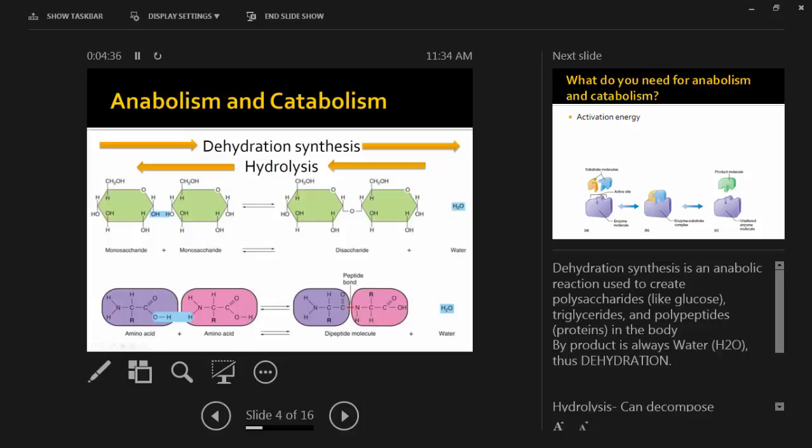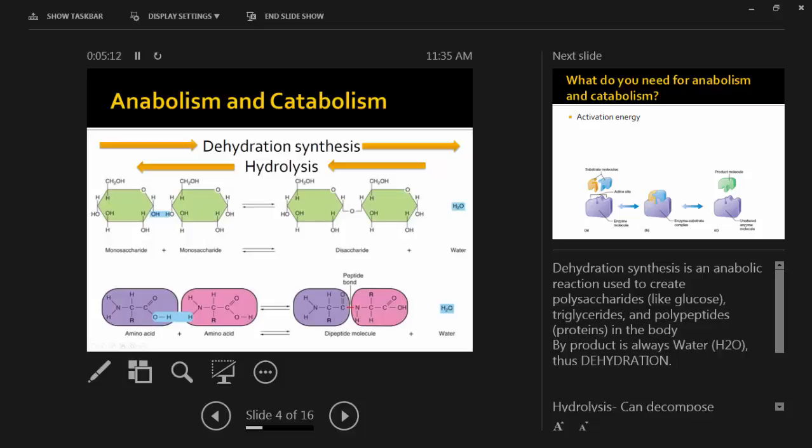So it's called dehydration synthesis because this type of reaction, which is just one example of an anabolic reaction, always has water as a byproduct. Okay, so you give off a molecule of water as a byproduct when you go through dehydration synthesis. Hydrolysis is the other direction. So you take this disaccharide, add water, hydro, right? Lysis means to break or to cleave. So you use the water to cleave this molecule, arrow going this way, and end up with two monosaccharides.